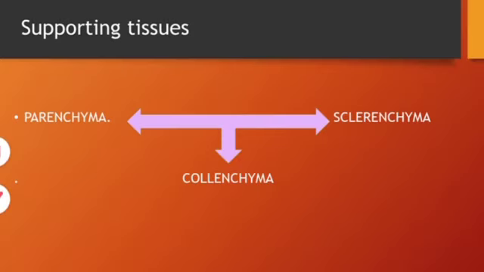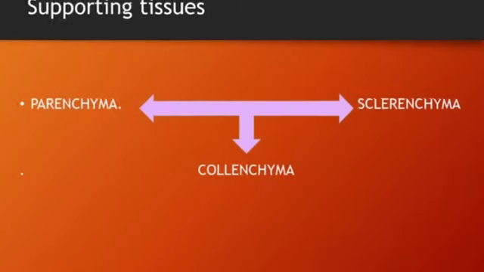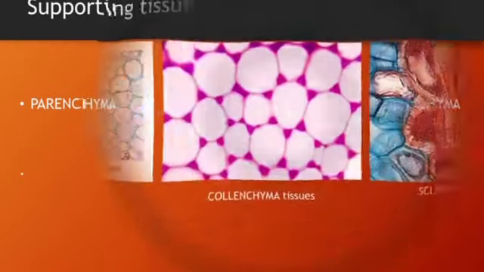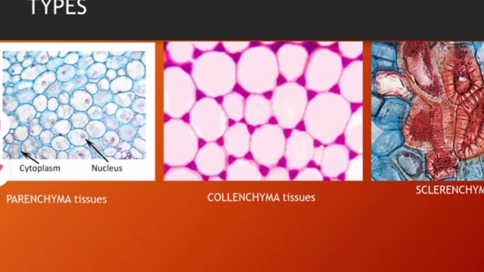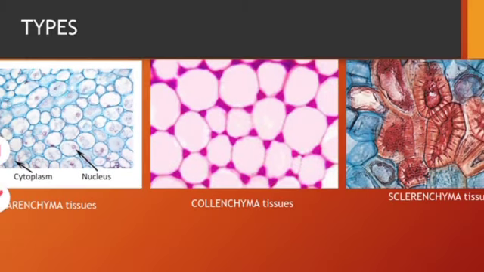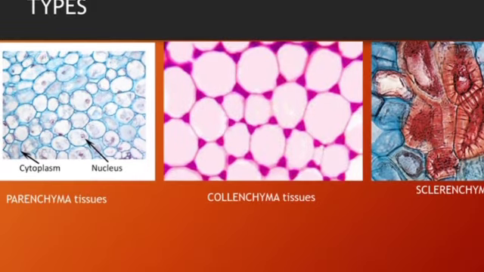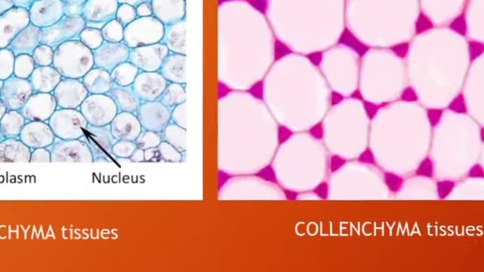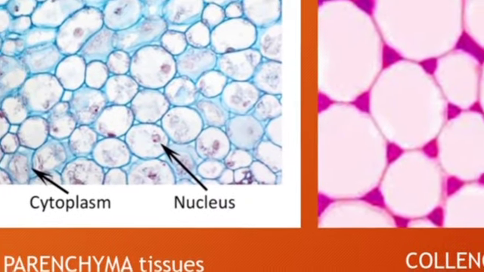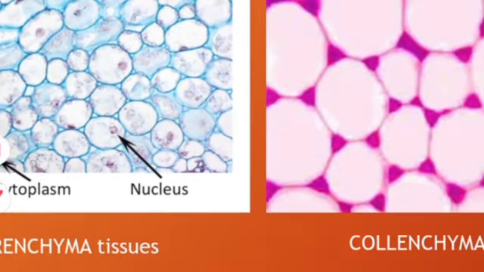These are also of three types: parenchyma, collenchyma and sclerenchyma. Let us understand these types of tissues by the following diagram. Here I have given some microscopic images of the parenchyma, collenchyma and sclerenchyma. Let us study one by one. Coming on to our first diagram, that is parenchymal tissues. First of all, these parenchymal tissues